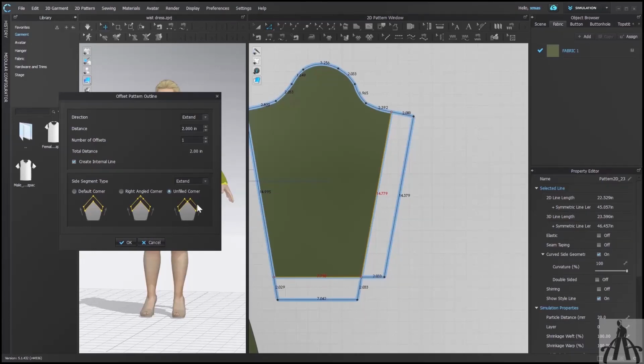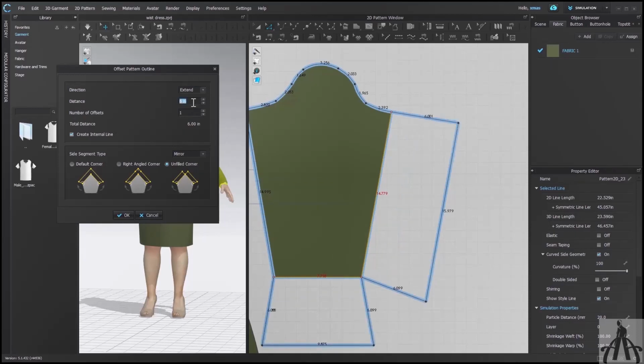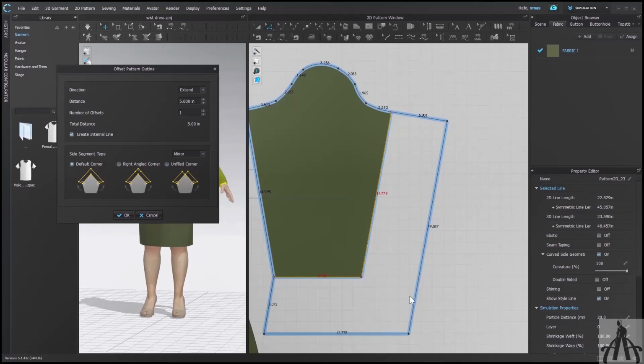After this, next is mirror. As you all know, mirror means to create the opposite of the shape. So this option is used when we extend our fabric to fold. Currently unfilled is selected, that's why you won't see the proper result. But I hope you might have understood it. Even in default corner, everything will remain the same, just the corner will come back. And your sides will remain mirrored like the concept says.